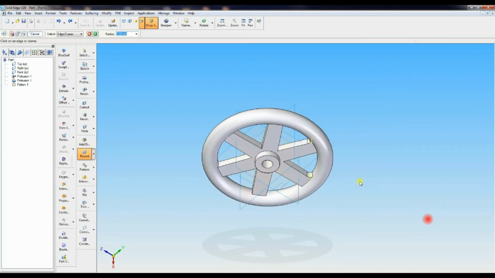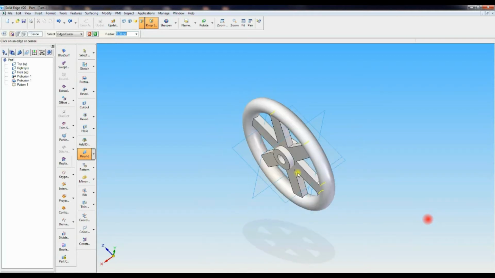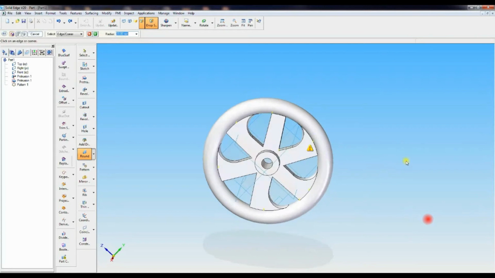Radius 5, and select by rotating the drawing. Select all corners. Rotating means using the middle mouse button, that is the roller button of the mouse. With the help of that one you can rotate the drawing easily, or you can go for the rotate command.